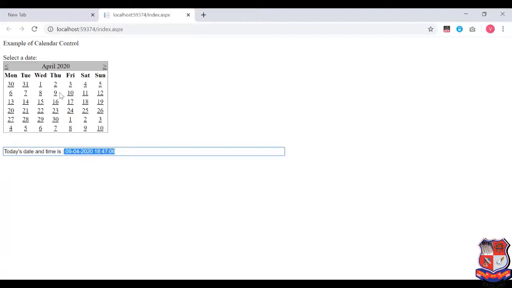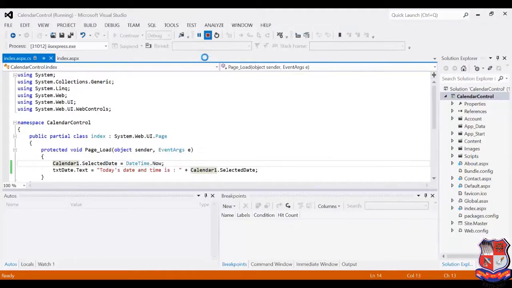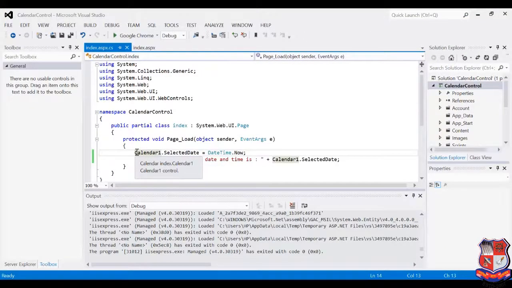Now if I select some date from here, it will not display because by default we select today's date and time. To fix that, we have to comment out this line and keep only this code: txt_date.Text equals the string "today's date and time is", then the concatenation sign and Calendar1.SelectedDate.